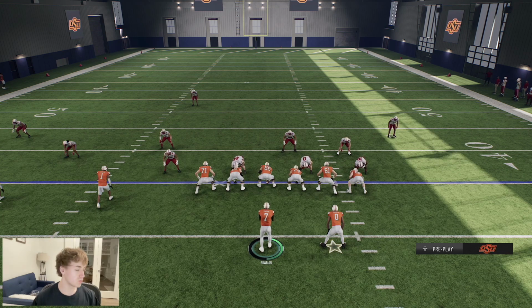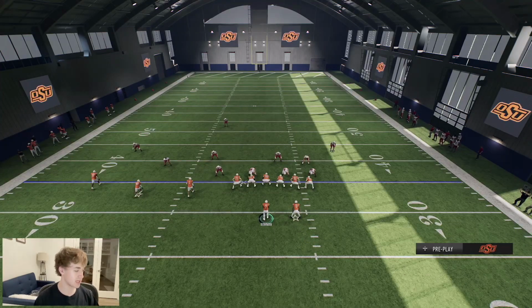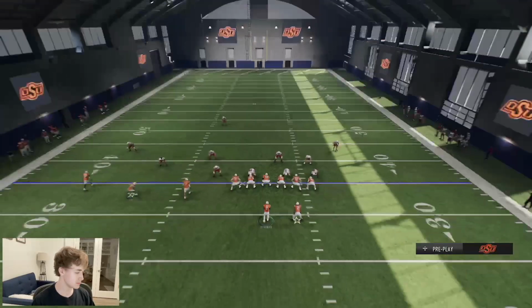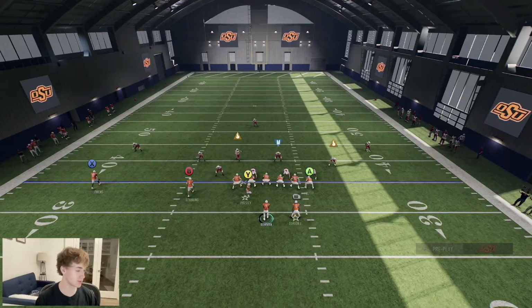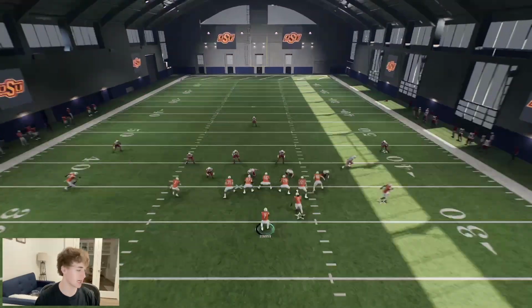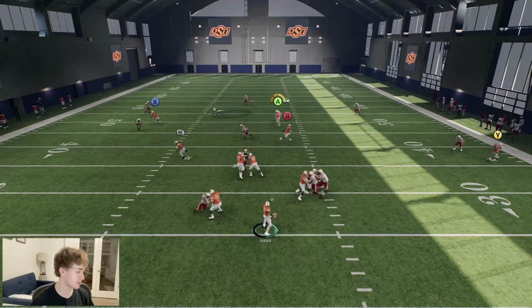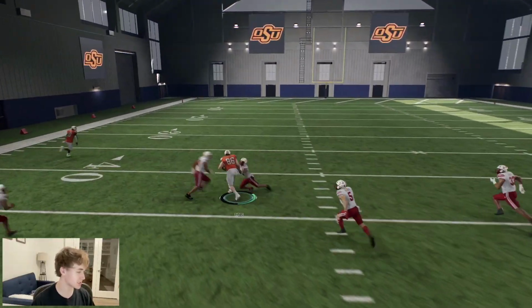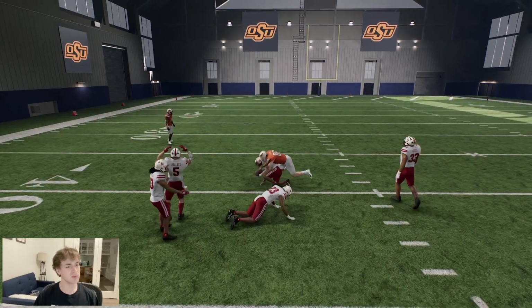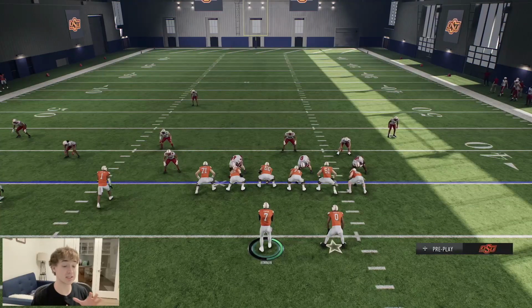So this setup, I'll show one more time here. Slant, flat, motion, corner, post. You could motion snap this guy. I would honestly prefer you guys motion snap him, and then you can hit the tight end over the top once again. So even with the first setups we showed in Texas, you could honestly run it with the post